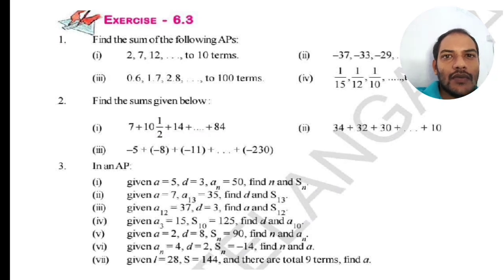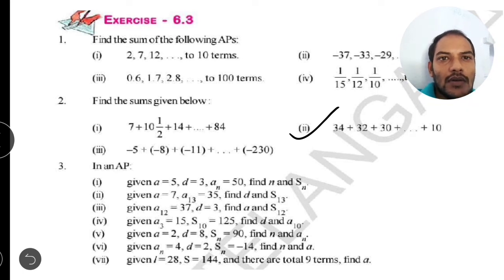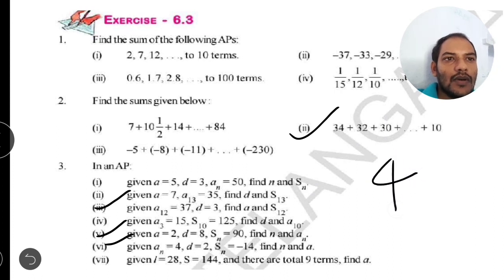So today's homework: second problem is homework. Next, the third problem is homework. Next, fifth and sixth. So total 4 problems